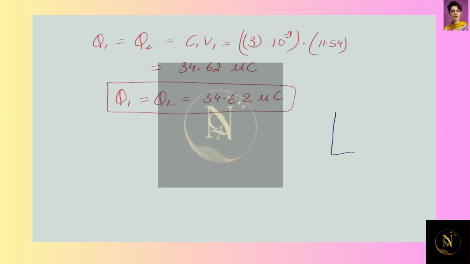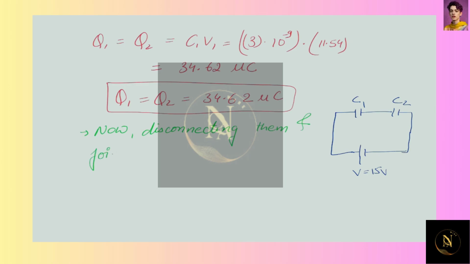The diagram of the capacitors, when we draw it according to what's said in the question, is this. This is V, which is equal to 15 volts. This is C1, this is C2. This was all done with unlike charges connected, but now disconnecting them and joining them with like sign, so now it will become like